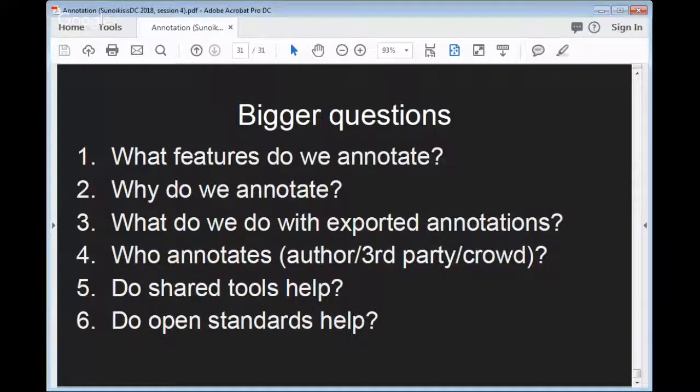So you started talking a minute ago about the ability to download and export your annotations, and what you might do with them, and maybe we could start thinking about that a little bit. What can you do with these annotations? And maybe be thinking in the background of this conversation of the fact that the OAC annotation standard is a web standard. Is that helpful to us, in the sense that when you download your annotations and when someone else downloads their annotations, is there anyone who's interested in both?